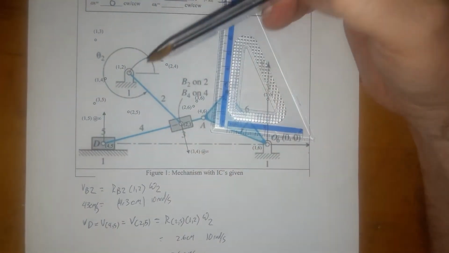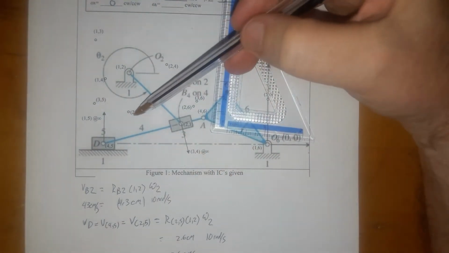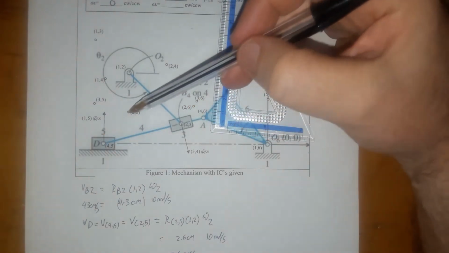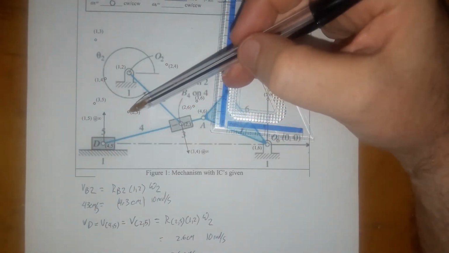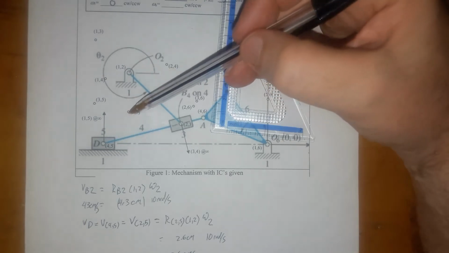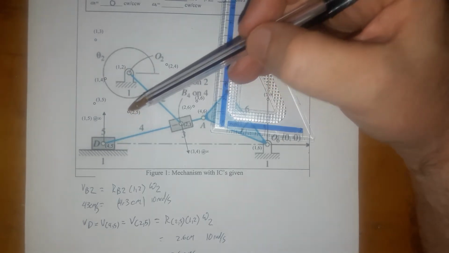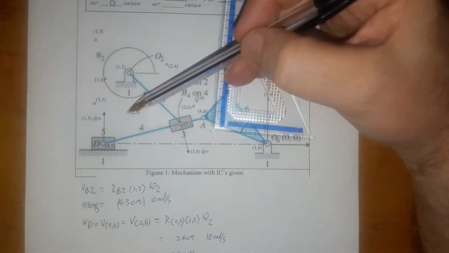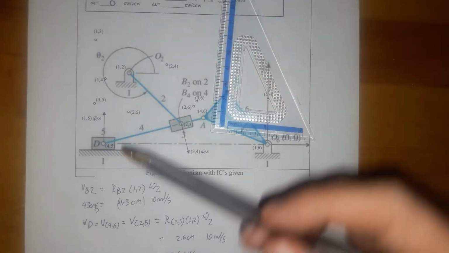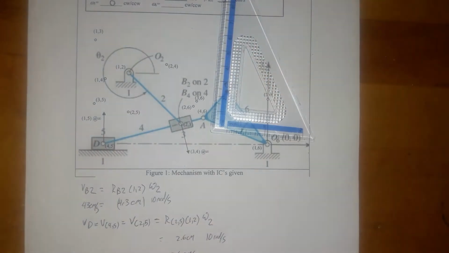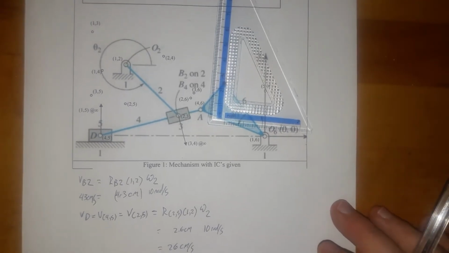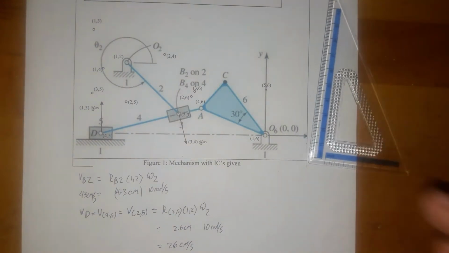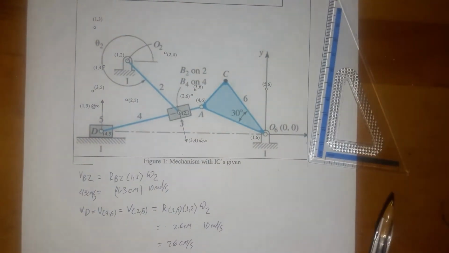Now, this may seem a little odd in the fact that I'm finding the velocity of this point using an instant center that's over here, and it's just because that's what this instant center means. This is the velocity of a point on link 2 that has the same velocity as a point on link 5, and since all the velocities on link 5 are the same, that works. Now, but that's not particularly typical. A little bit more typical example,